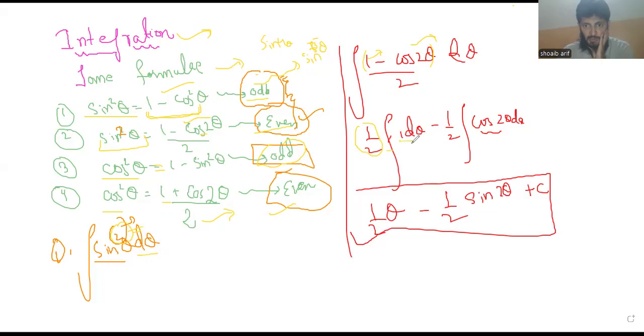So the integration of 1 is theta, and for cos 2 theta, the integration of cos theta is sine theta, and the integration of cos 2 theta is sine 2 theta divided by 2. Okay, so the integral of this function is, this part is sine 2 theta divided by 2, divided by 2. So the final answer is 1 upon 2 theta minus 1 upon 2 sine 2 theta plus c. Okay,